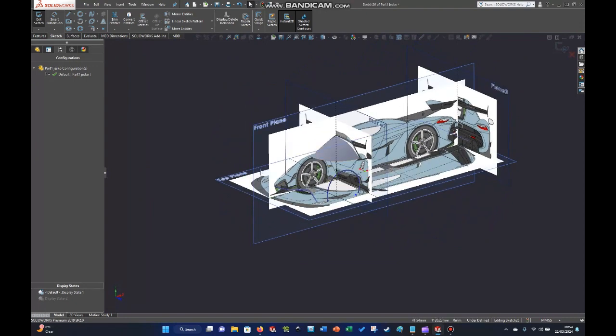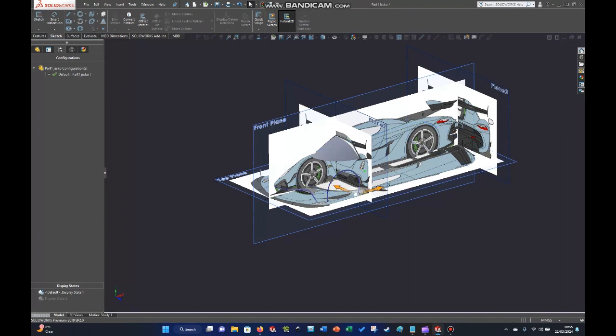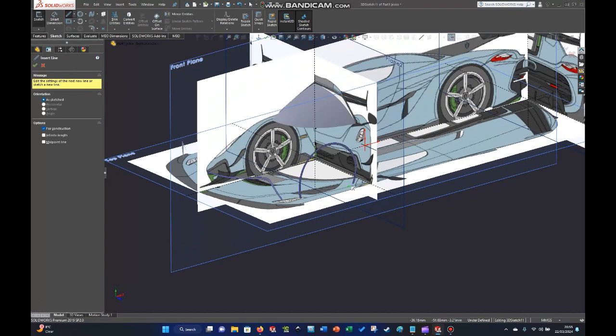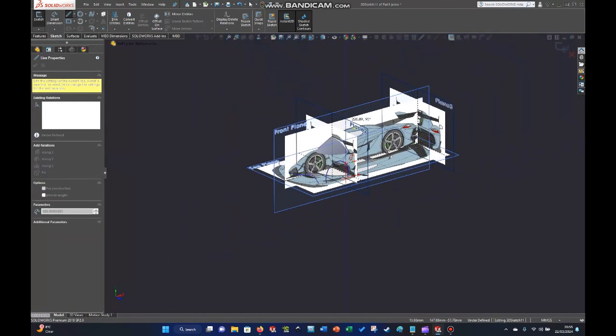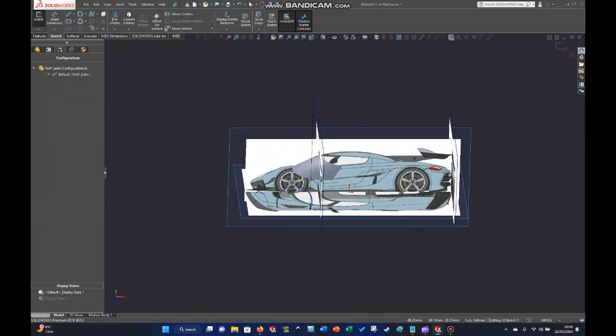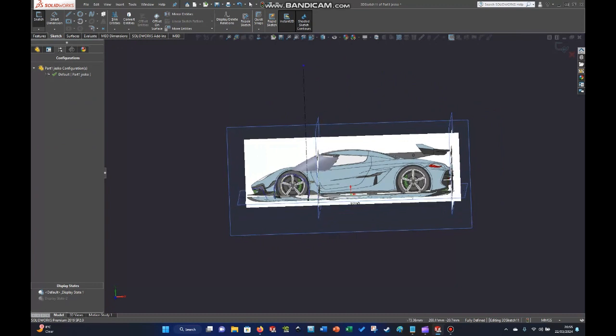And I'm just going to get a 3D construction line up from that point. Okay, so now that I have that defined,